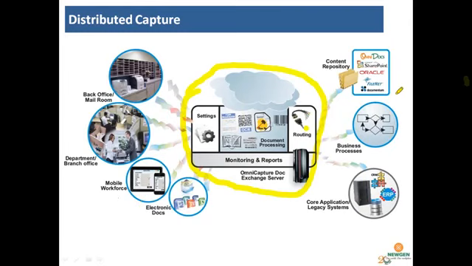Now, electronic documents, for example if you are preparing a document in Word, PPT, or Excel, you can directly upload those documents to a document repository, a business process solution, a core application, or legacy systems. Similarly, if a fax comes to the organization, it will get integrated through a fax server and can also be processed.